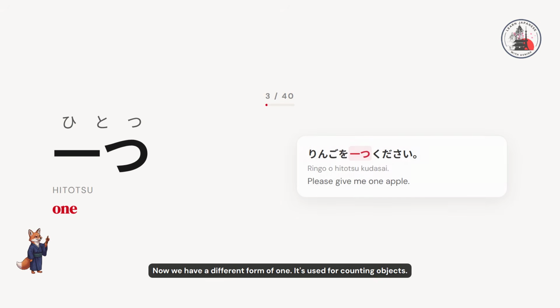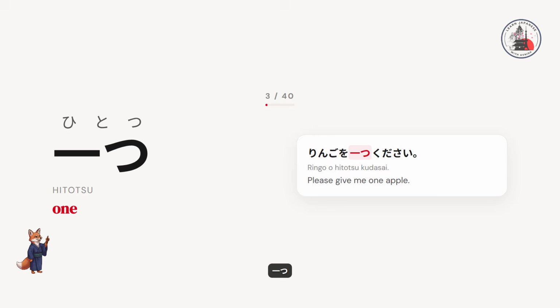Now we have a different form of 1. It's used for counting objects. 一つ、一つ。 For instance, りんごを一つください。